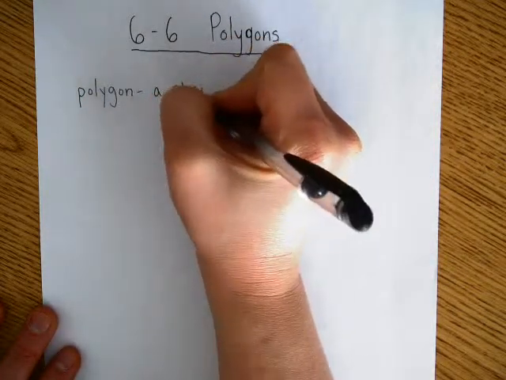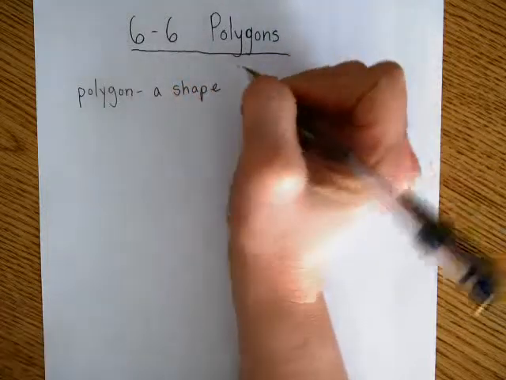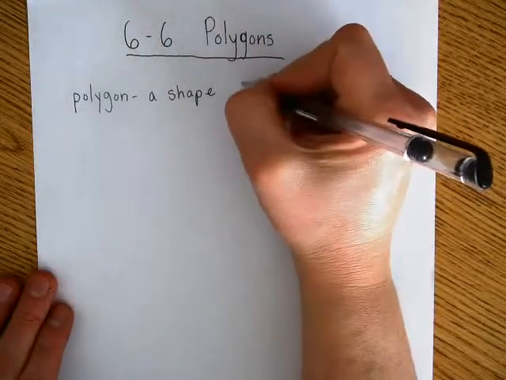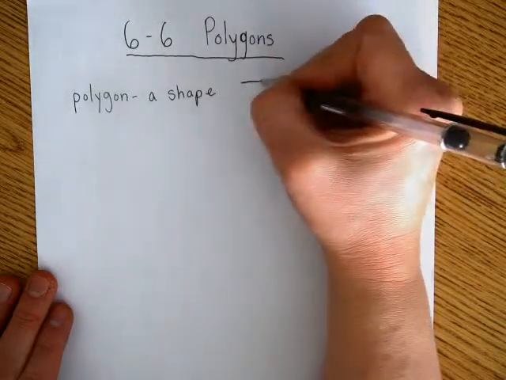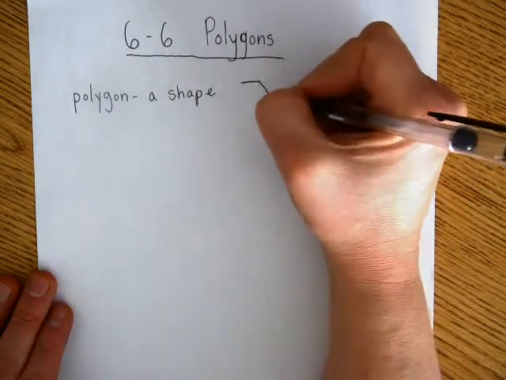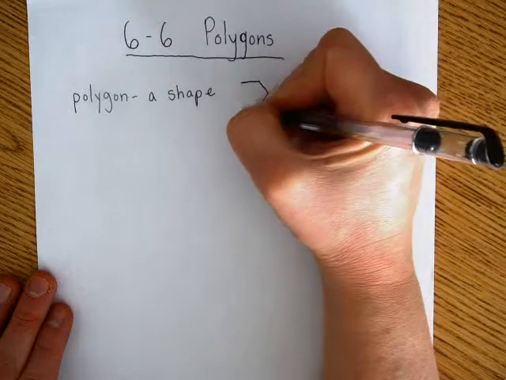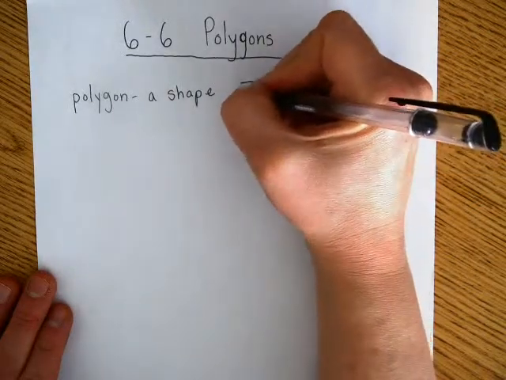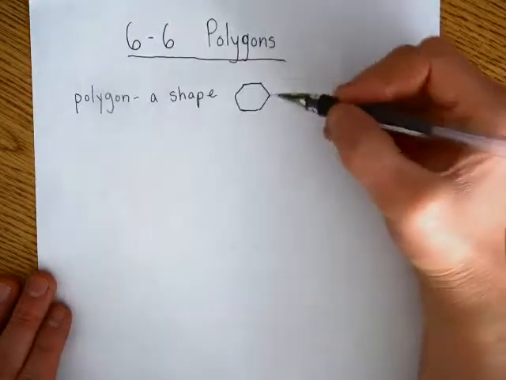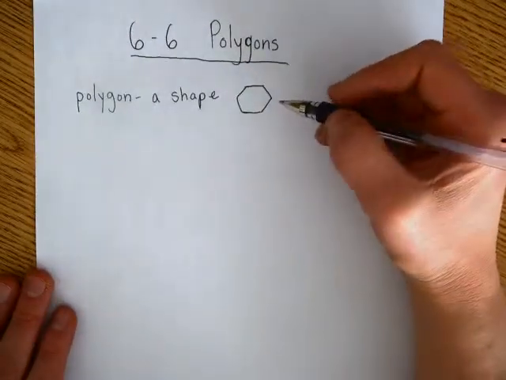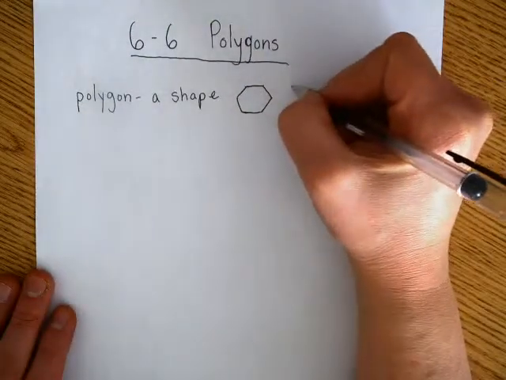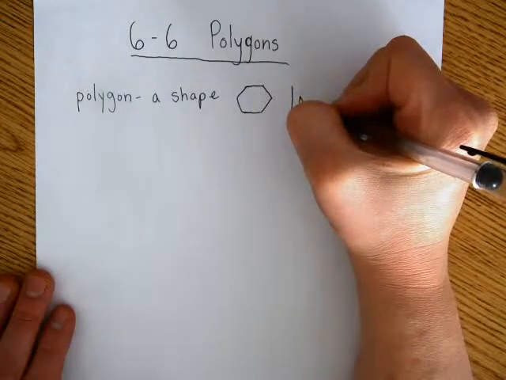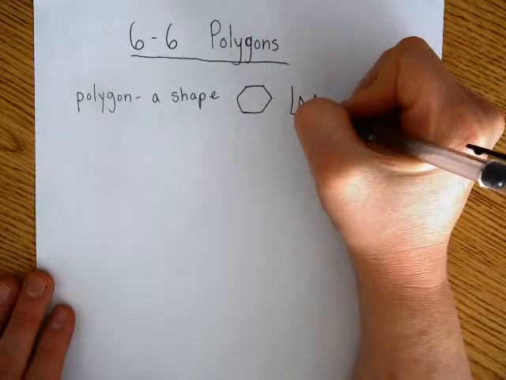The definition that Everyday Math gives talks about connecting line segments. They connect to each other at corners, and the line segments don't cross. So here's an example of a polygon. This is a hexagon I drew because it has 6 sides, but it's also a polygon. But this could also be a polygon. If I just draw a shape with straight line segments that connect,